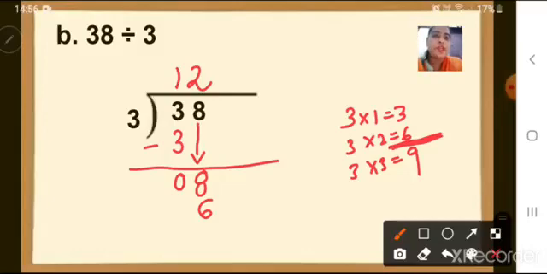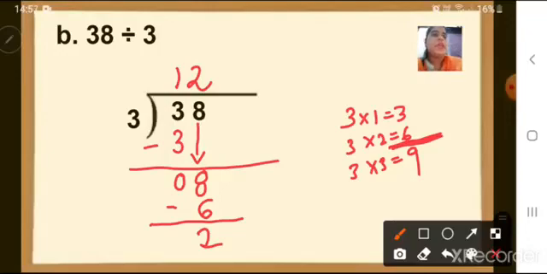Understood, children, how you have to write or divide 3 twos are 6? Then I will put the minus sign and then a dash. Then we have to subtract these two numbers. 8 minus 6 is 2. Okay. So 2 is our remainder. Why is it the remainder? See, now children, there is no other number after 38. So that means we have to stop dividing. Here we didn't get 0. We have got number 2. So number 2 is our remainder and number 12 is our quotient, or our answer.